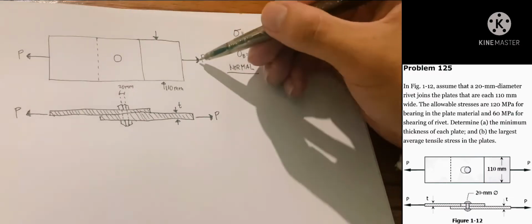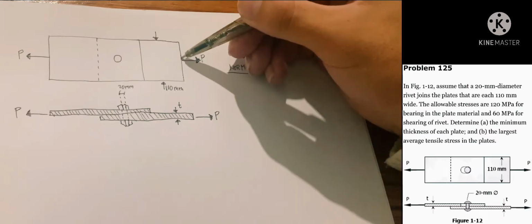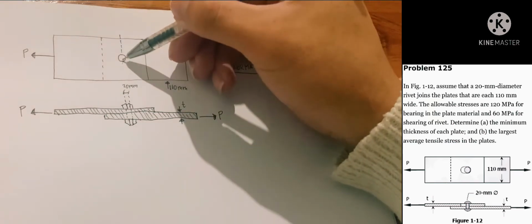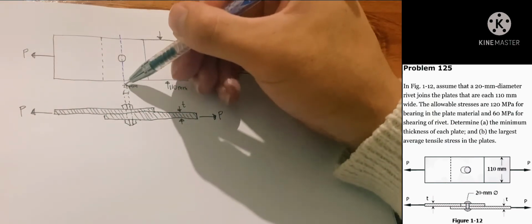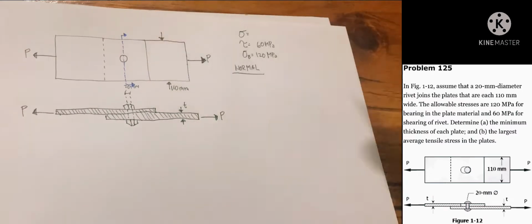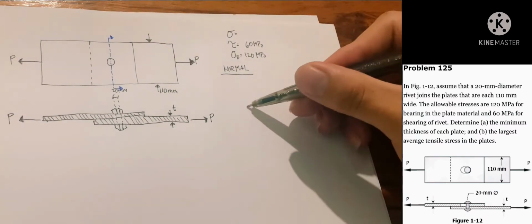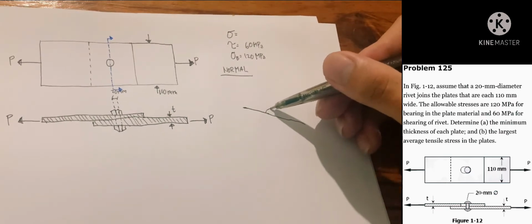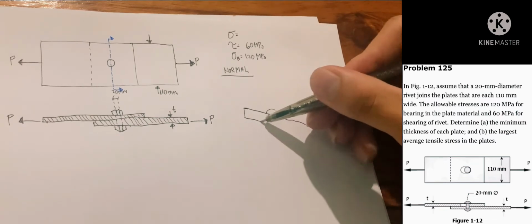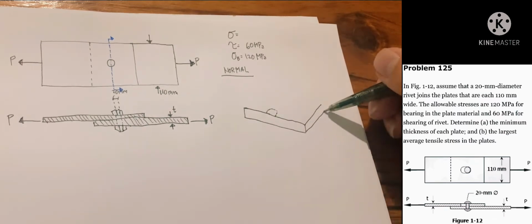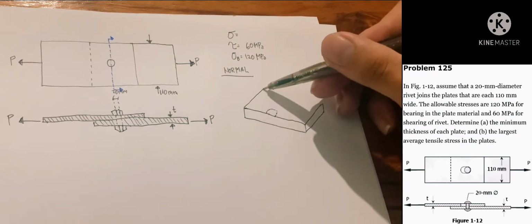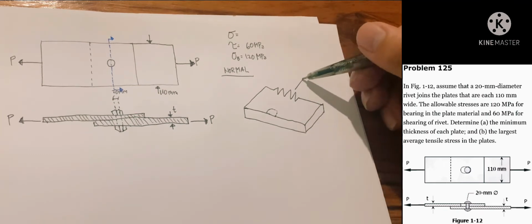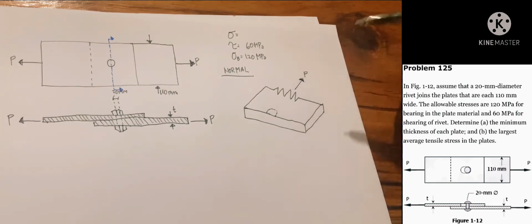So we have tau is 60 megapascals, and for our sigma sub p, or our bearing, 120 megapascals as limitations. So for us to determine the area that is perpendicular to the load P, it should be where the rivets are, or the maximum number of rivets. For example, if we have 3 rivets and they are aligned all together, that is where we should cut